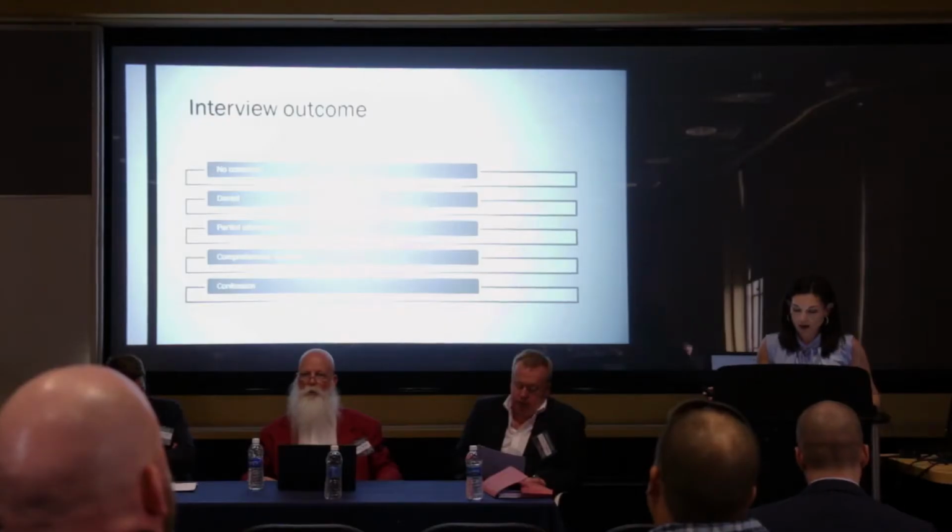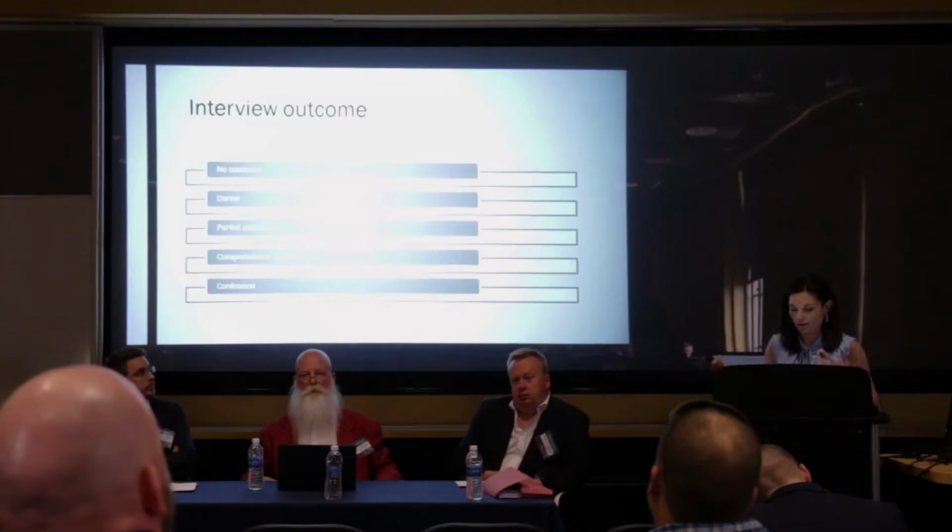Also, interview outcomes, that was the second construct that was coded. So when conducting observational studies, researchers don't know the ground truth in an interrogation. Is this person really guilty of a crime, or did they really hold valuable information? So interview outcome is measured according to the source's cooperation in providing some kind of information, whether or not that's a confession. So the 2 best outcomes here were considered comprehensive account and confession.